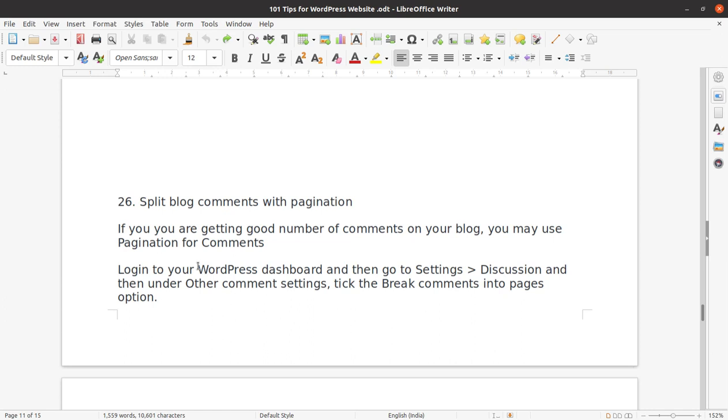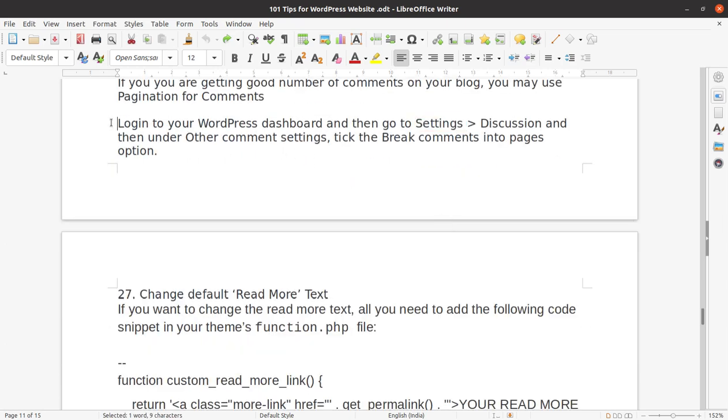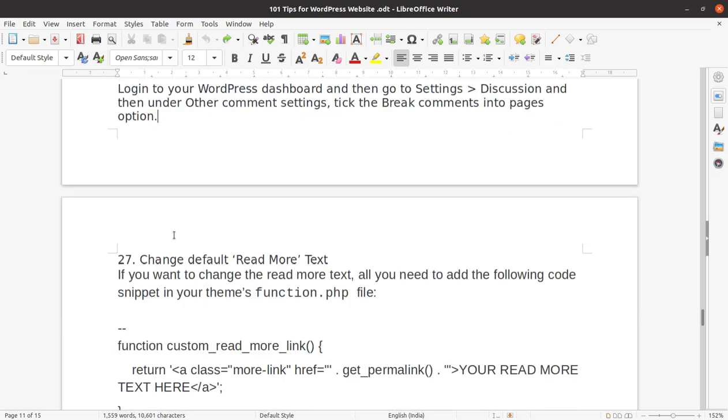So it is advised that if you are getting a good number of comments on your blog, you may use pagination for comments. It is very simple and can be done through the settings. Here is the process: just go to the settings and tick the break comments into pages option. That will be done, you will be done. The next point is